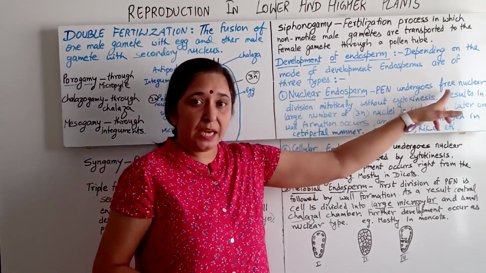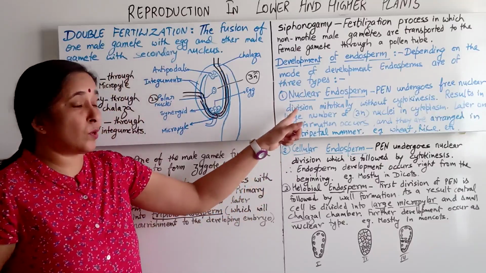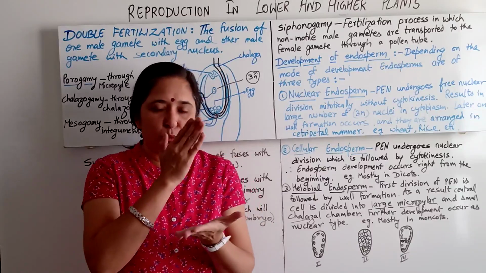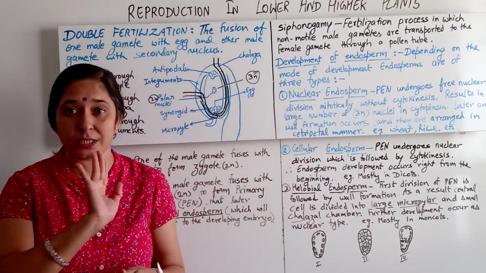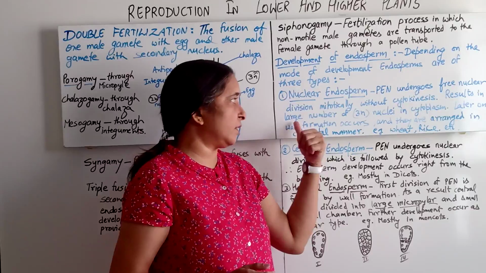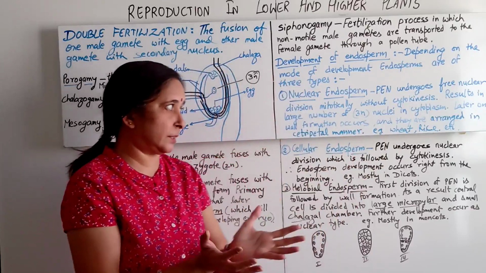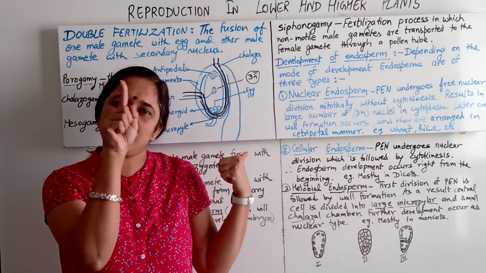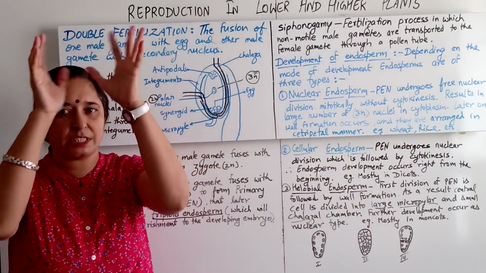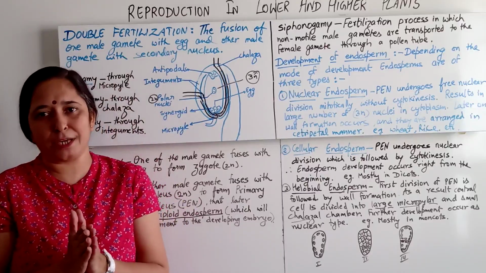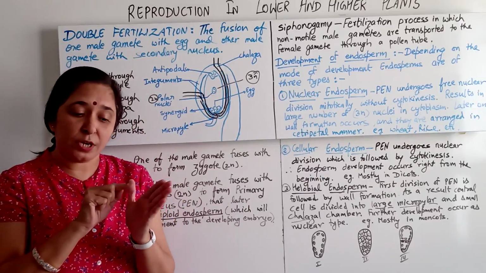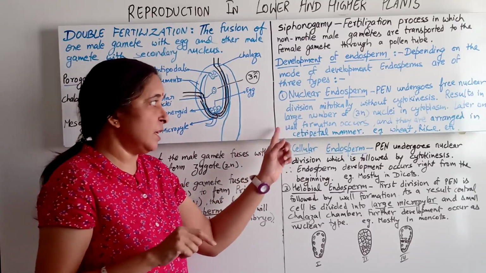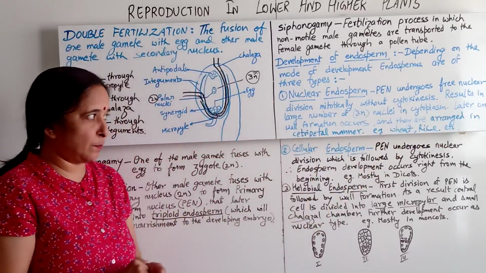undergoes free nuclear division mitotically and without cytokinesis, so only karyokinesis is taking place, not cytokinesis. After that, it results in a large number of triploid nuclei in the cytoplasm. Later on, the wall formation, that is cytokinesis, will take place. So first karyokinesis, a large number of triploid nuclei in the cytoplasm, and later around each triploid nucleus there will be cytokinesis or wall formation,